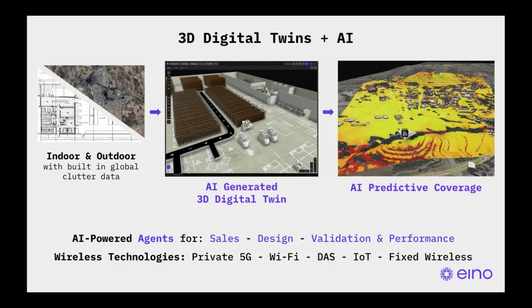Once we put these networks on the site and collect the site survey data, we understand where the areas are that everything's good. So we could have agents that quickly find the areas that are the problems, and what is the source of that problem. Is it a change in the environment? Is it the configuration changes that we had on the networks? Or is it the power settings that we had there?